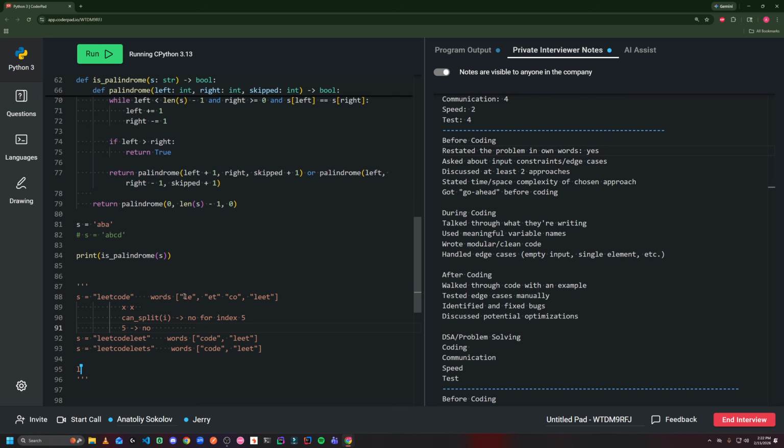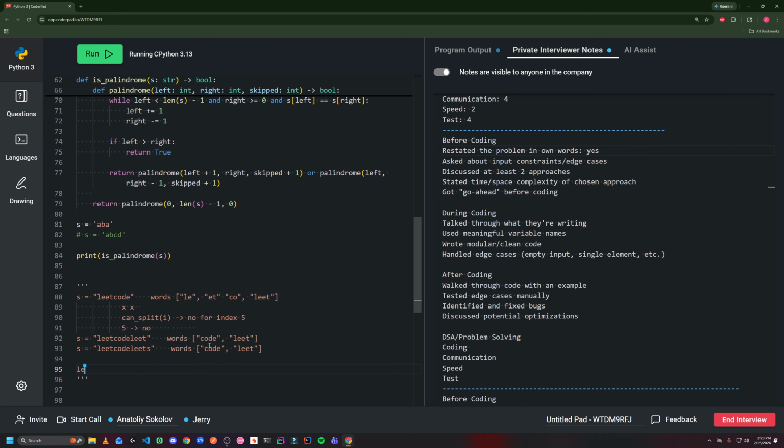But you don't need to check character by character. You can just match the whole word. So is L not in words? Yeah. Okay, so that's not in words. And we check if LE is in words. If LE is in words, then we can